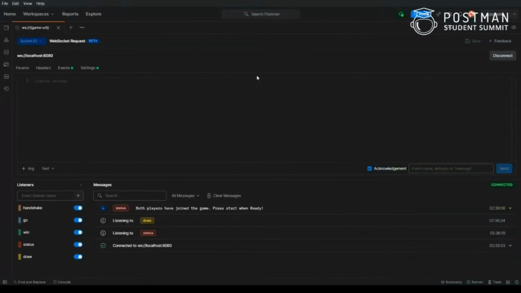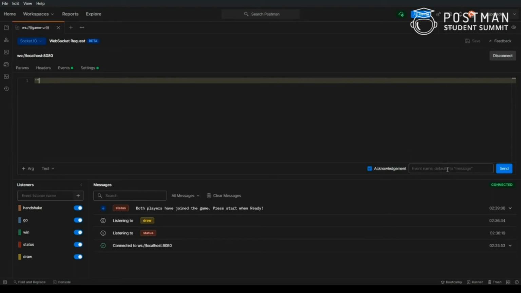Now, switching back to my Postman application, I have to recreate that start event here. You can always set the event that you want to send the data to. The data is nothing, so I'll just give it an empty string, two colons with no data between them.